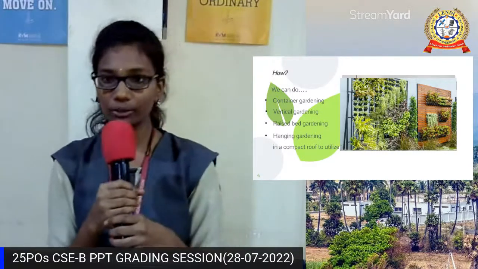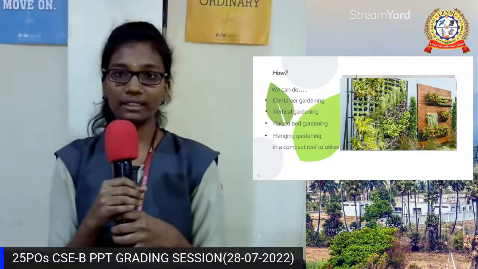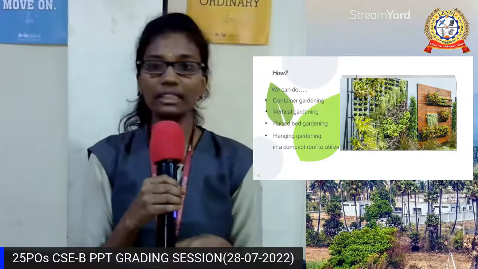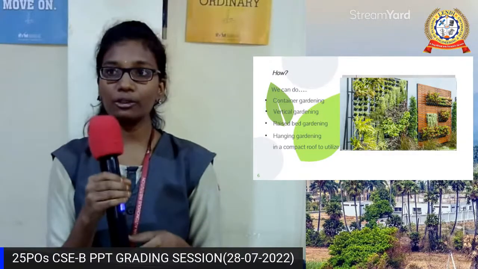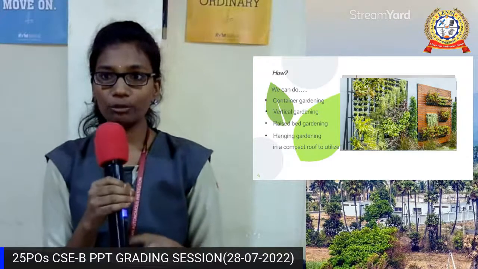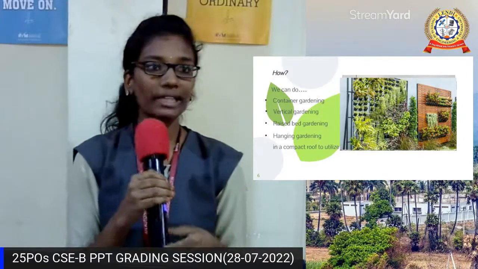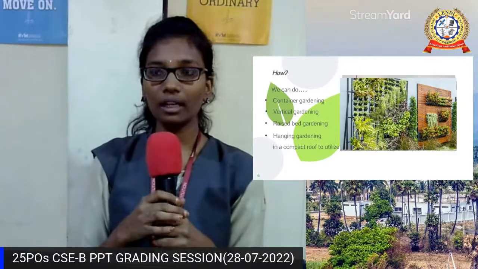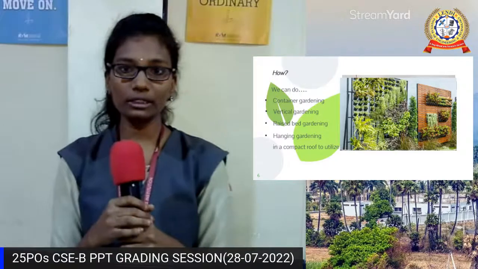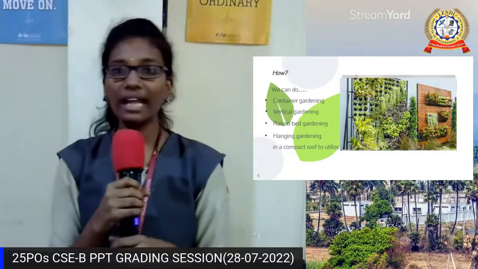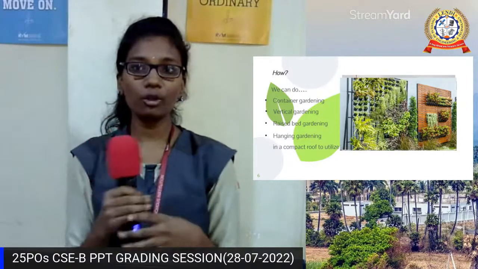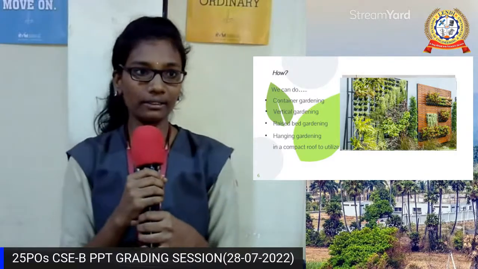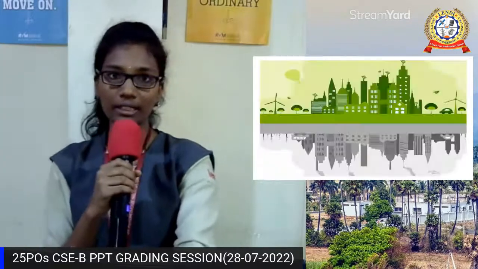Container gardening, we can use containers instead of planting at ground level. Vertical gardening, we can use on walls and roofs. Coming to raised bed gardening, it is a place where we can use soil, but it is used in an enclosed place. Coming to hanging gardening, we can hang it in our home or put it on a wall like this. So these are the gardening systems.